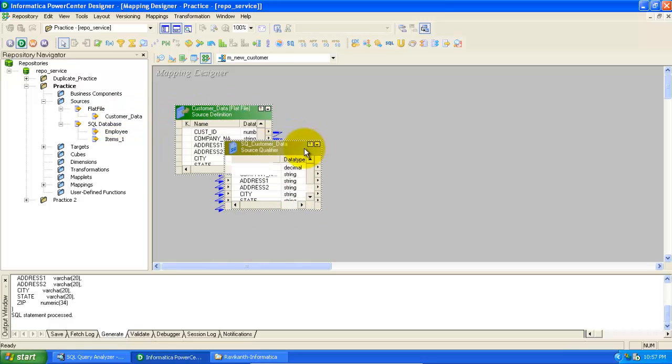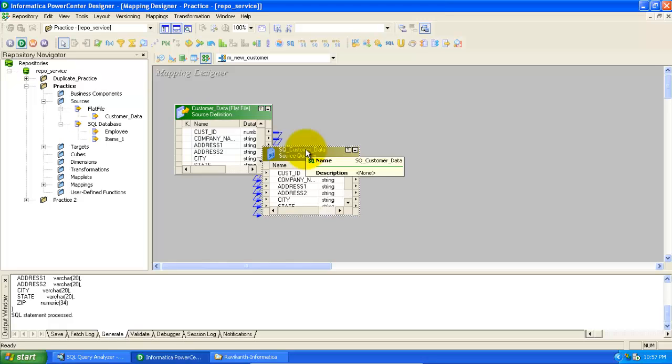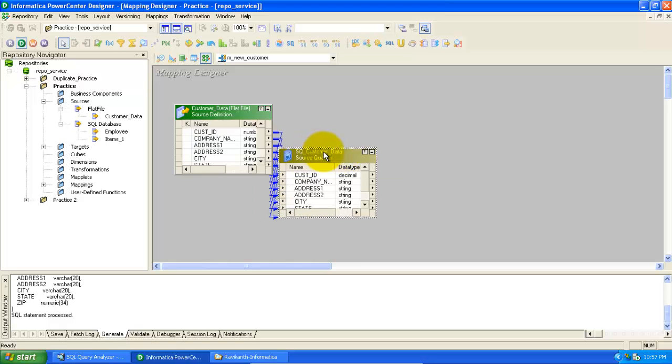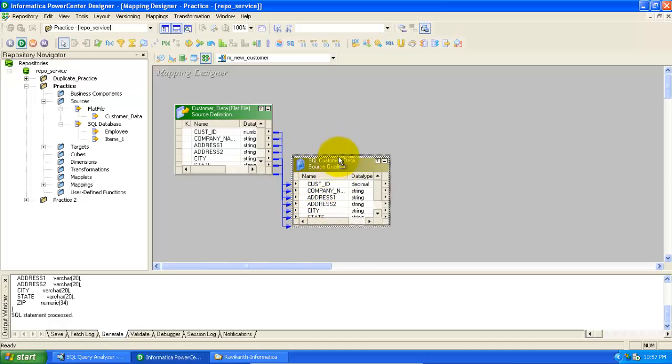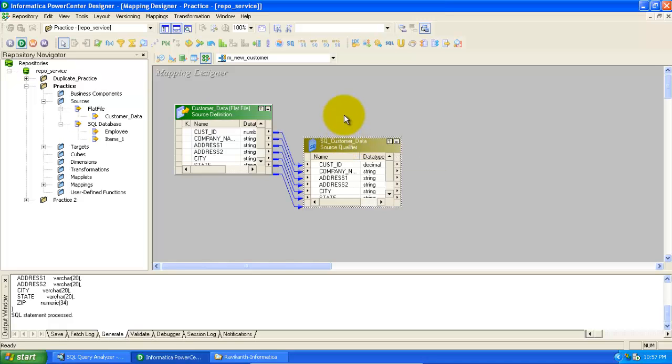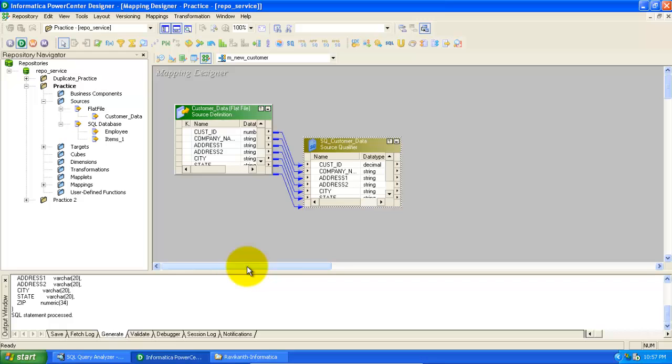So this is my source definition. Also I can see the source qualifier being created here. Now what we are going to do here is load the data from a flat file.